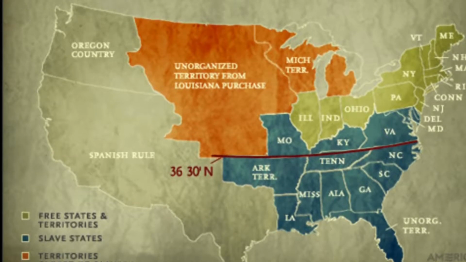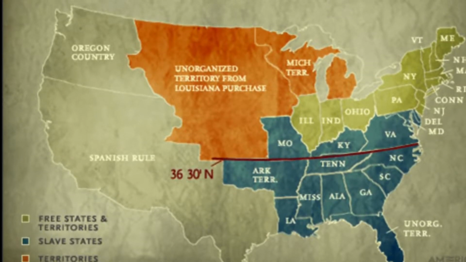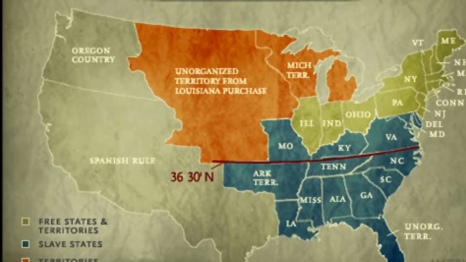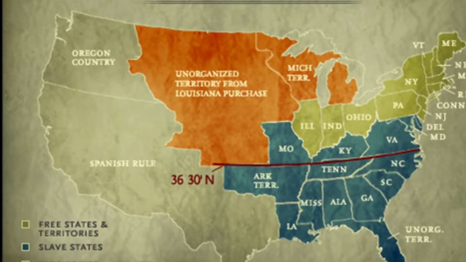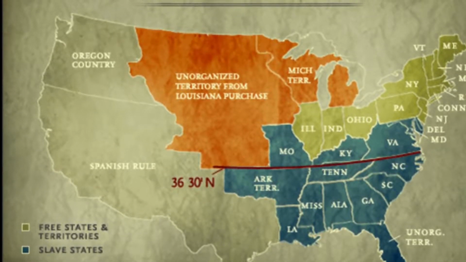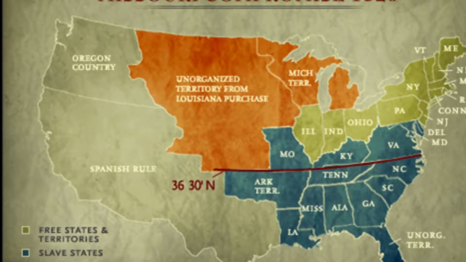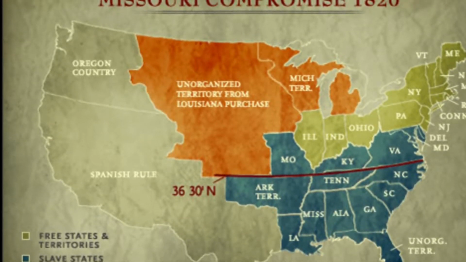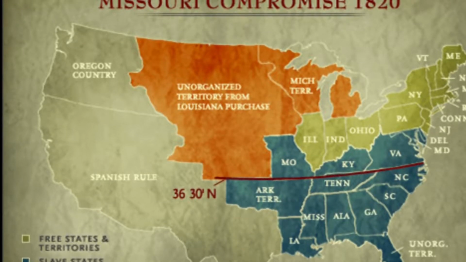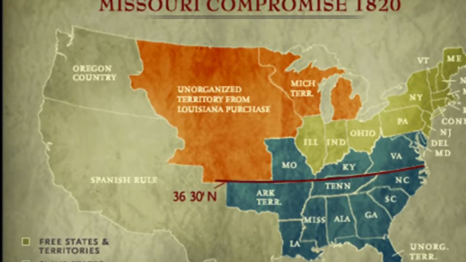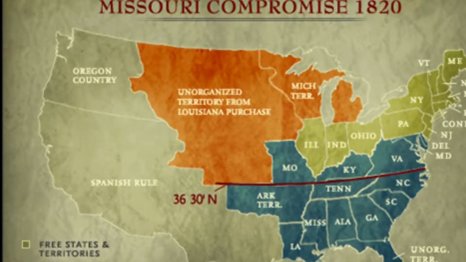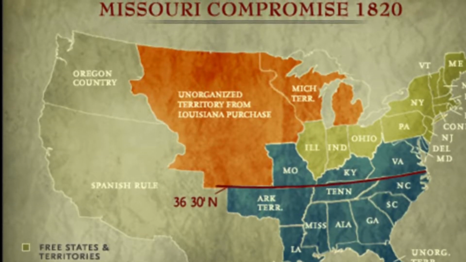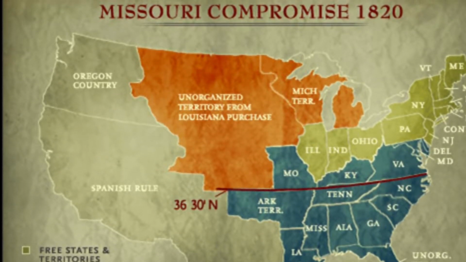In the years following the 1803 Louisiana Purchase, Congress was compelled to establish a policy to guide the expansion of slavery into the new Western Territory. Missouri's application for statehood as a slave state sparked a bitter national debate. In an effort to preserve the balance of power in Congress between slave and free states, the Missouri Compromise was passed in 1820, admitting Missouri as a slave state and Maine as a free state.